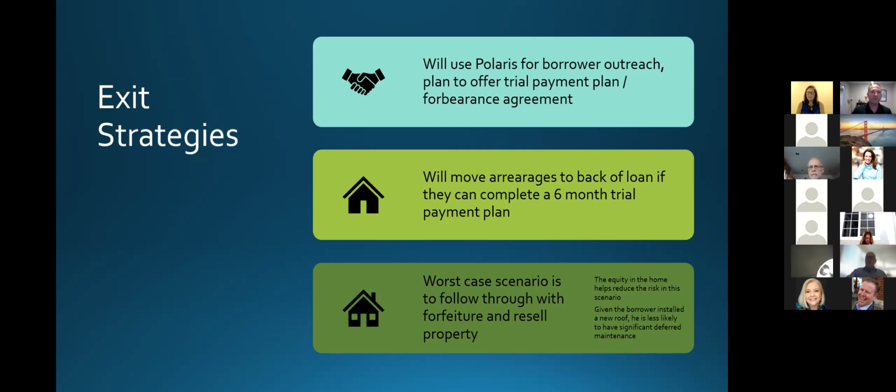Now, like I mentioned earlier, you do run into scenarios where borrowers seem sincere and they're like, I got $700 I can give you, and that's it. And then you got to make a call on how you want to proceed. So once they've demonstrated they can make the good faith down payment, some number of trial payments,